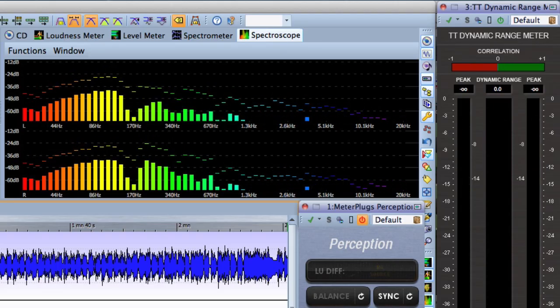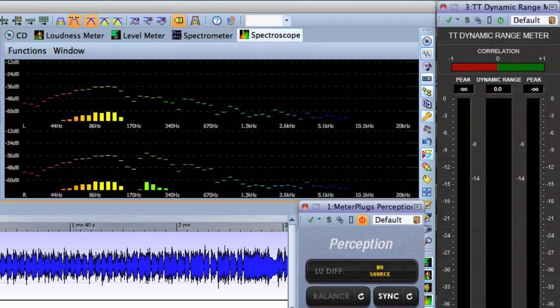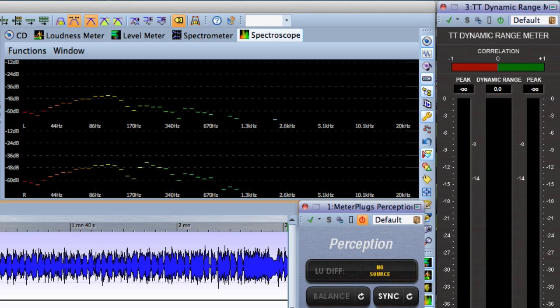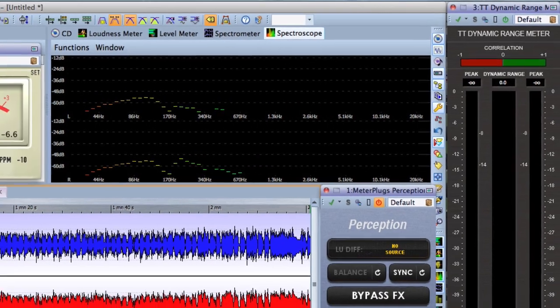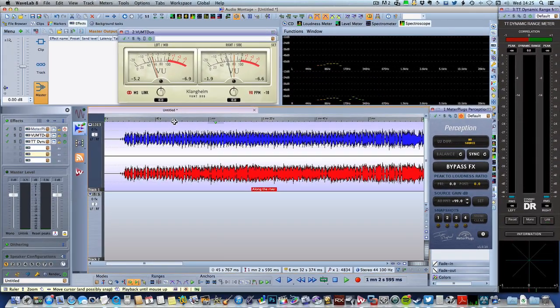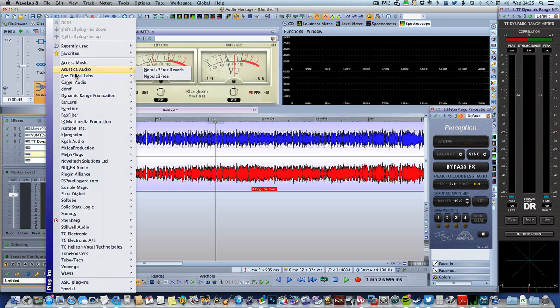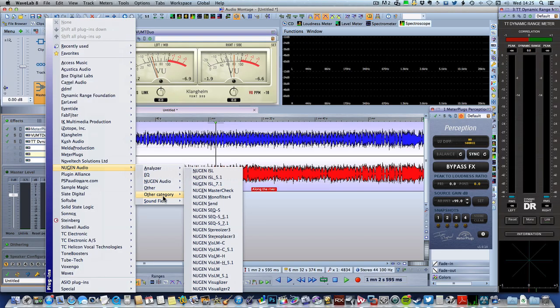So you can probably see that the correlator is almost at +1 while the bass is playing. And then when the guitar comes in, especially as it gets into the sustain of the note, the correlation value drifts down towards 0. And I'm actually going to pull up the NewGen